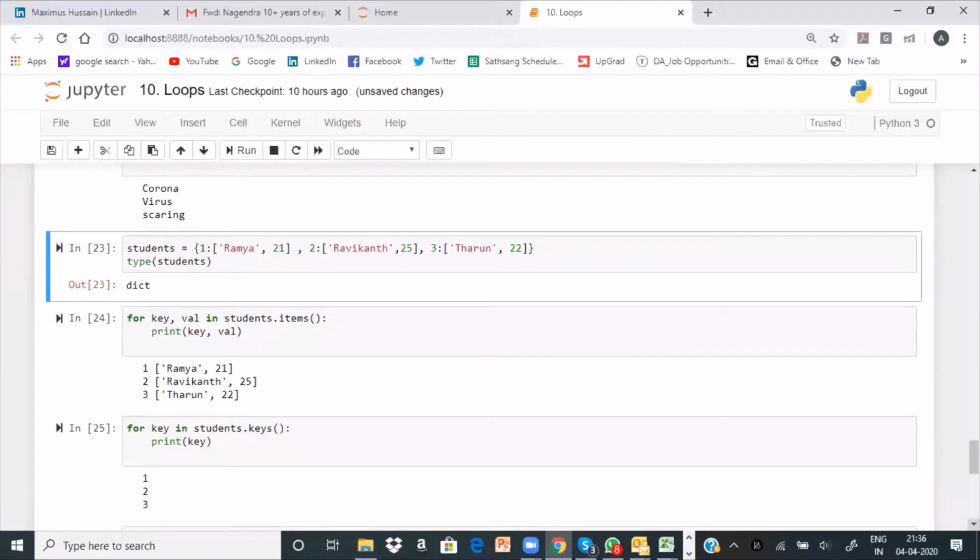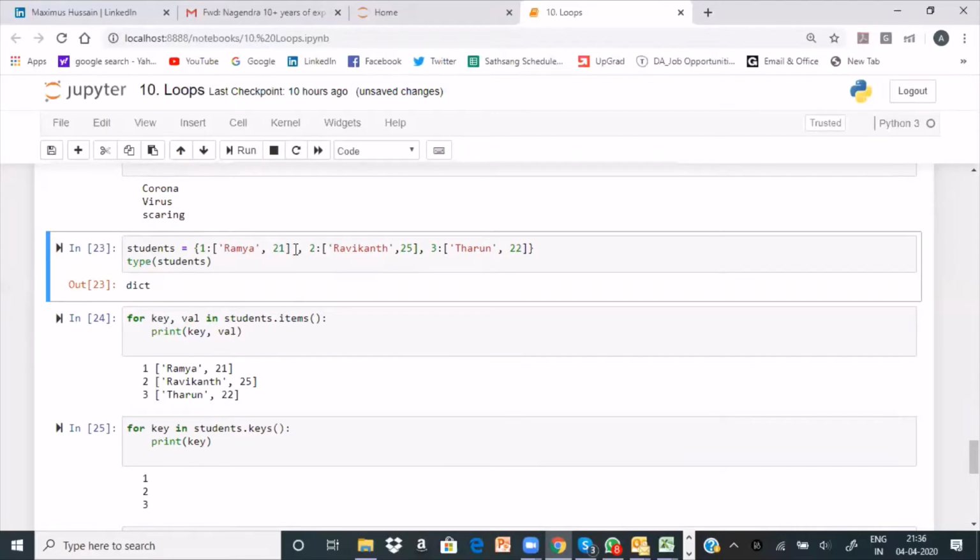Okay. Now I'm moving on to the dictionary. Now I'm defining a dictionary. Here, in place of my key, 1, 2, 3 are my keys. Not necessarily the character is always the key. And what is the value?